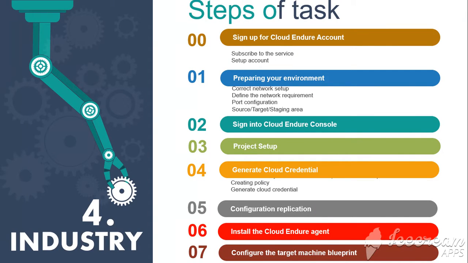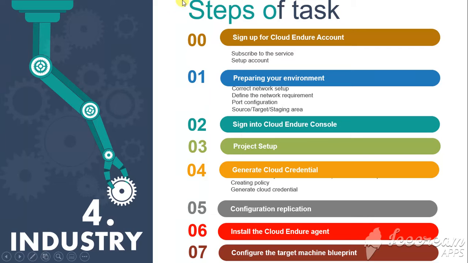So now we are going to set up the steps of the task, and what are the tasks that you have to do. The first thing is we have to sign up for the Amazon Cloud Windows account. You have to create this account. Even if you have an Amazon account, you have to do this one. So subscribe for this service. If you have an Amazon account, you don't need to create a new account, but you have to subscribe for this service. Then you can consume this service, and then you have to continue the setup.